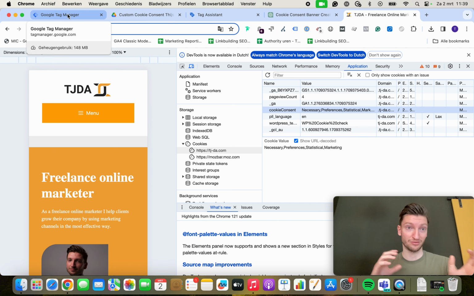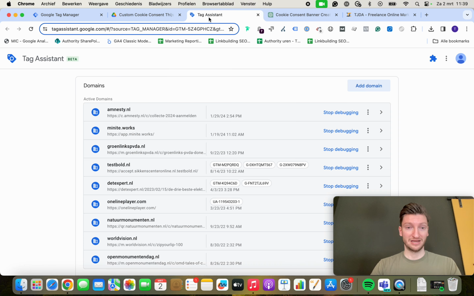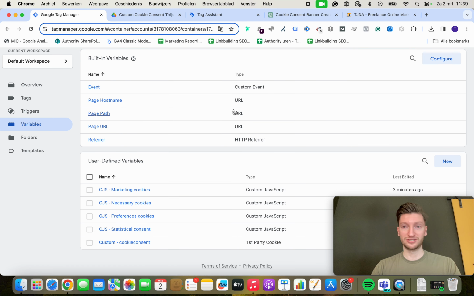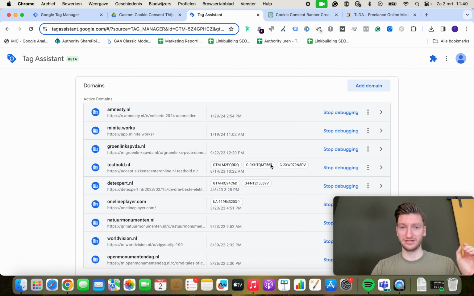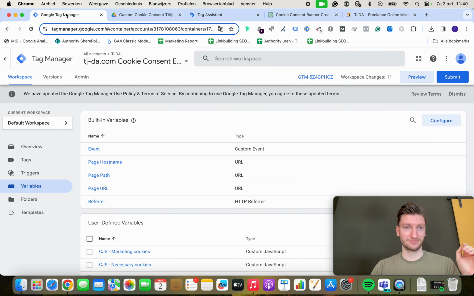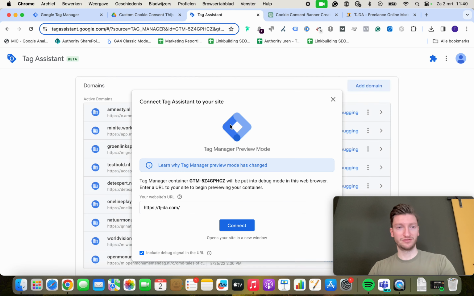If it says denied or granted, then it will be the familiar way that the Google Consent mode is acting. So if we go into the preview mode,